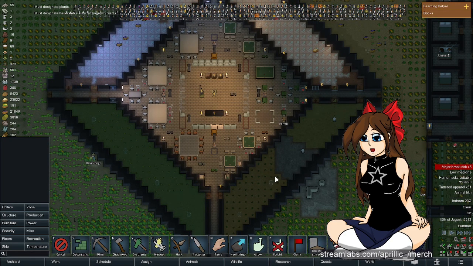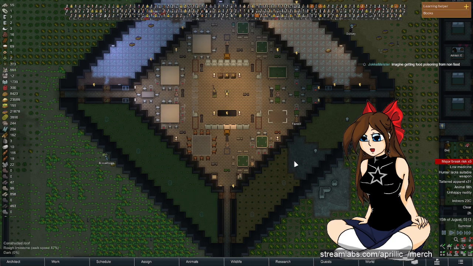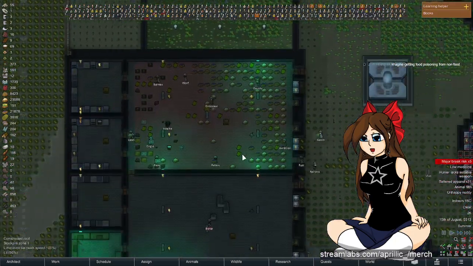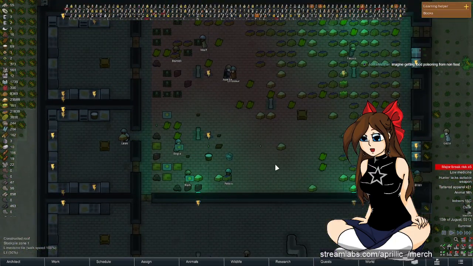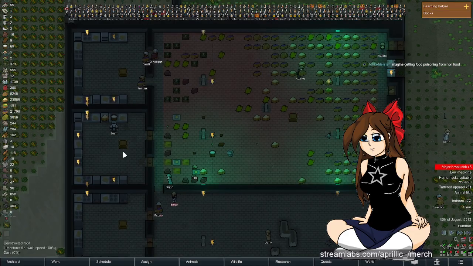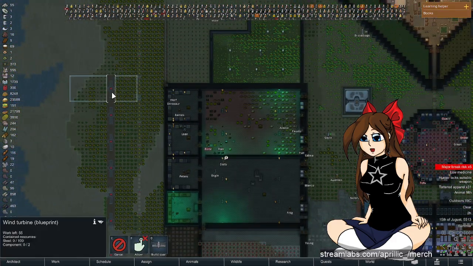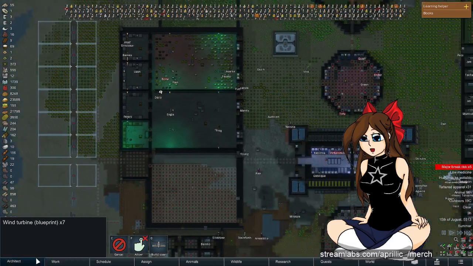But I did set this up as a grow room. Getting food poisoning from non-food. Look, they get food poisoning because somebody either with food poisoning or an animal walks through here, somebody pukes or leaves dirt, or the kitchen's gross. By the way, we've got to get electricity up and running a bit better than this. Losing this section here wasn't great, but I did end up